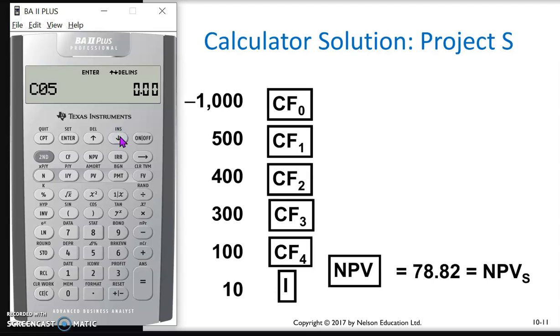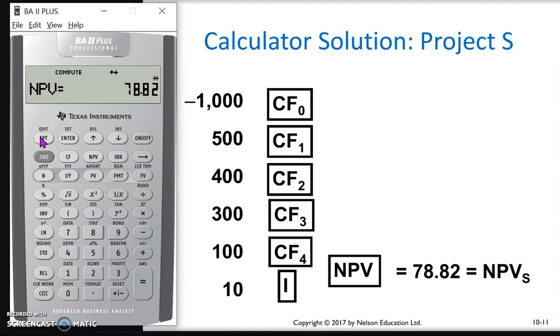Now I am ready to compute my net present value. So I need to tell the calculator to do so. So I hit compute NPV. The calculator now asks me to put in the cost of capital, or the discount rate, which is 10%. So I hit 10 and enter and down arrow, and it's ready to compute, and I hit the compute,